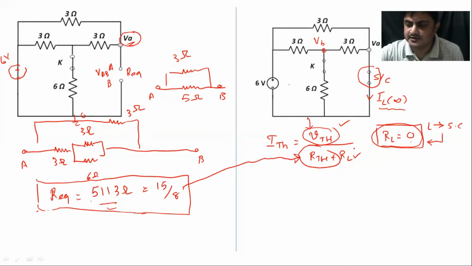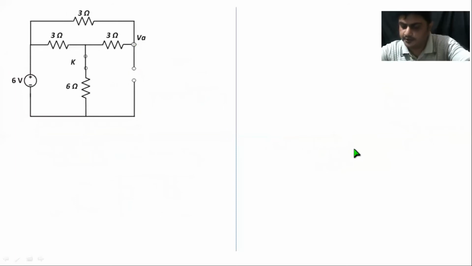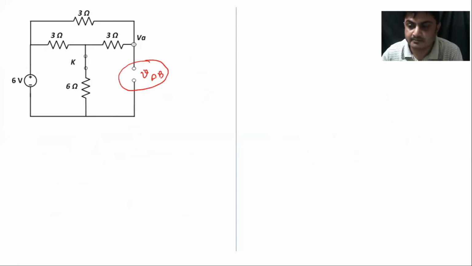So let me draw the circuit. This is my circuit to calculate V Thevenin. Remember, this is my circuit to calculate VAB. Remember, this is just an open circuit because I want to calculate voltage. You don't have to be confused, asking why you are making this inductor open circuit. No, the inductor is a short circuit, but I want to calculate the potential difference between these two. So I am using the Thevenin theorem, and in the Thevenin theorem we remove the load circuit, and that's why I am removing this load part.